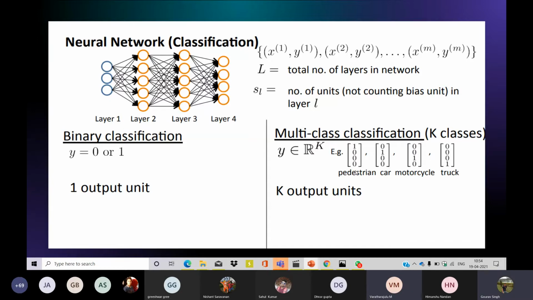First one is 1, rest are 0, means we have designed it in such a way that it will give the pedestrian. In the next one, we can see that first one is 0, second one is 1, third one is 0 and 0. We can see that it's a car. It's our assumption how we develop this model.